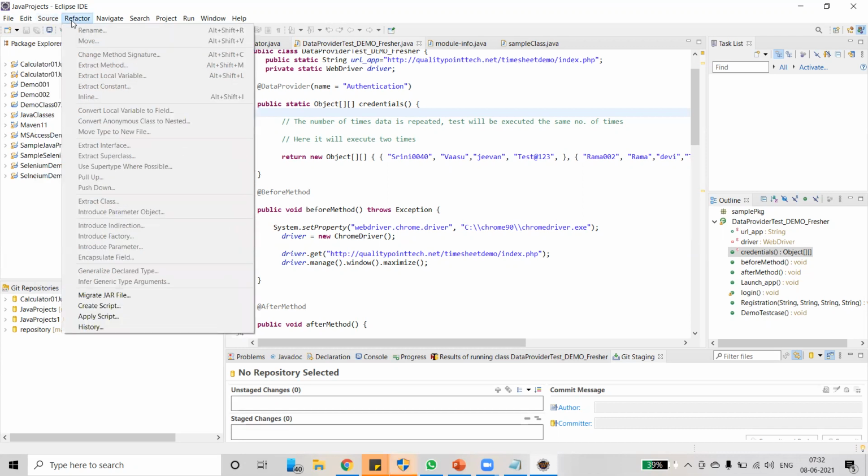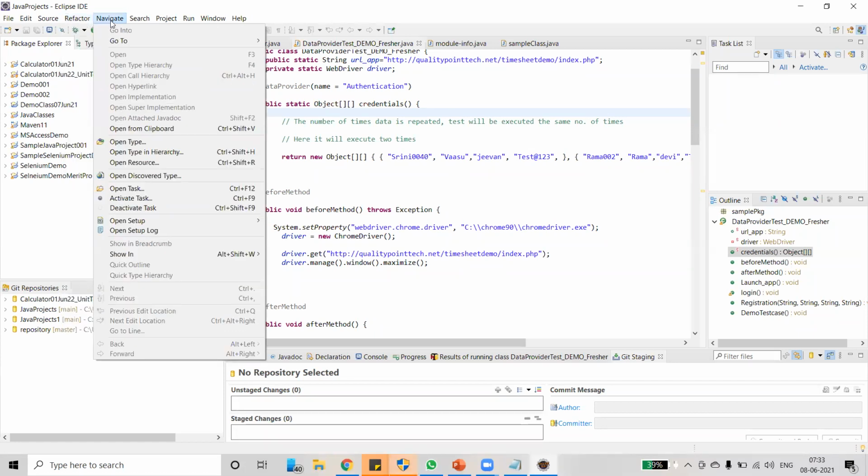And coming to Refactor, what is refactor? If you want to tweak code at a mass level, say we have hundreds of classes developed and you want to refactor the code, you can do that under Refactor. Refactor comes under extreme programming technique. We have already discussed extreme programming. Extreme programming is a technique used in agile methodologies. We use refactor under agile. Then coming to Navigate, you can skip this section. We basically use Navigate to develop web-based applications.